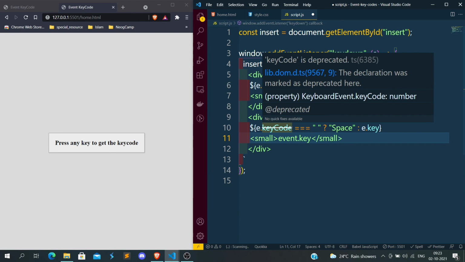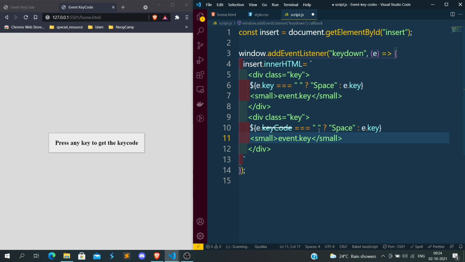For you, if it does not work, then you can check and use another property also. Okay, for me it is working even though it is deprecated. So I'm just checking if the key code is empty, I'm just printing the space. Otherwise I will print the key code, and here I'm showing the key code label.